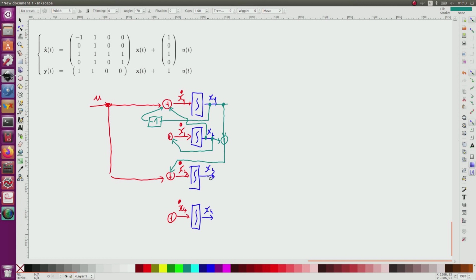I will have also this one and x4. Okay, now for x dot 4 I have x2 and x4, so x4 and x2,